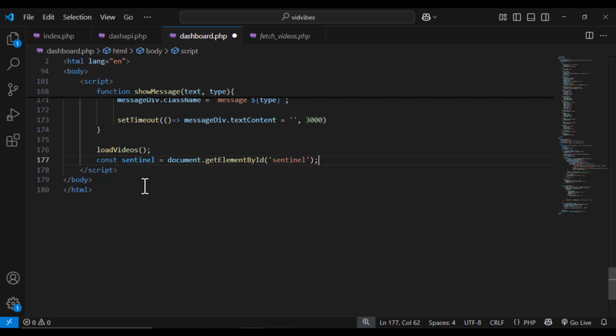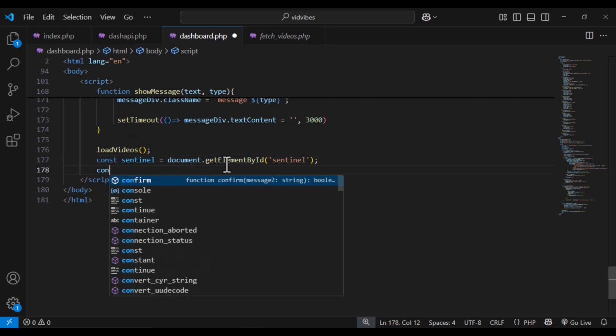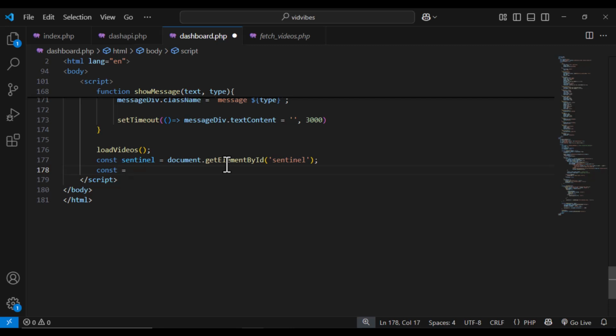The next line involves creating a new observer, some kind of observer that will watch if any element, in this case, sentinel, enters the viewport. To do that, we first of all have to create a const, and we'll call that const observer. To it, we'll now assign this IntersectionObserver. It's an API that is built into our browser, and you invoke it using new